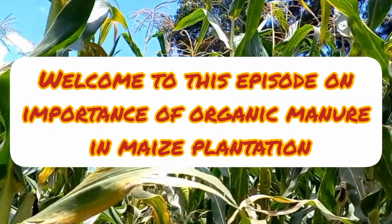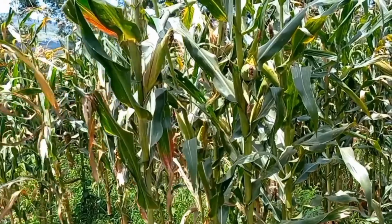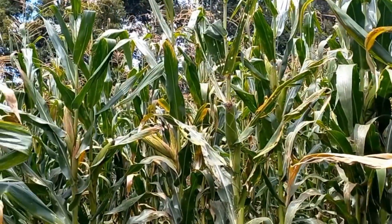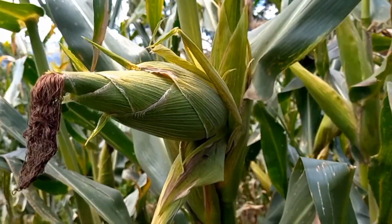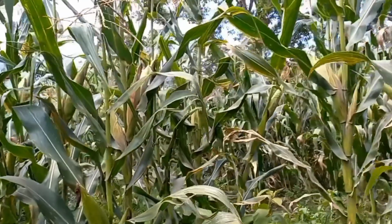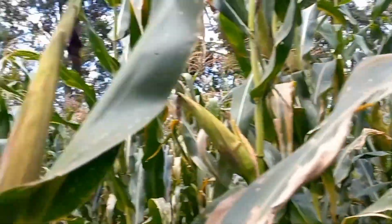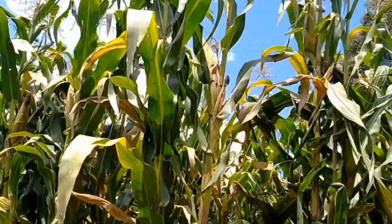So, this farm they planted using organic manure. When the cost of inorganic fertilizers scaled up, what happens actually, farmers retreated back to the use of organic manure. So, this farm was planted using half of the required amount of inorganic fertilizer and organic manure. So this farmer has a biogas, and every slurry that comes from the biogas, he dries it and then takes direct to the farm to use to plant